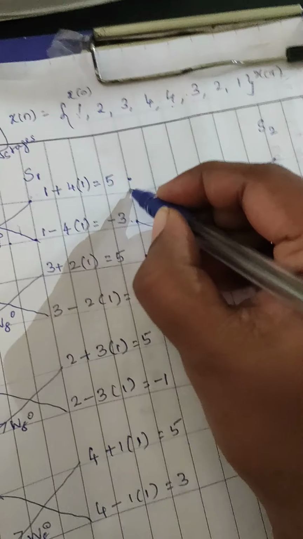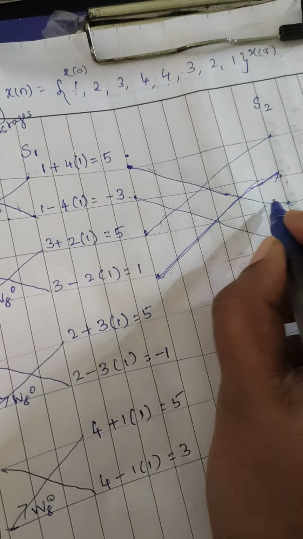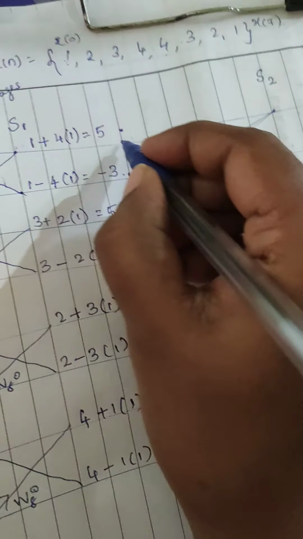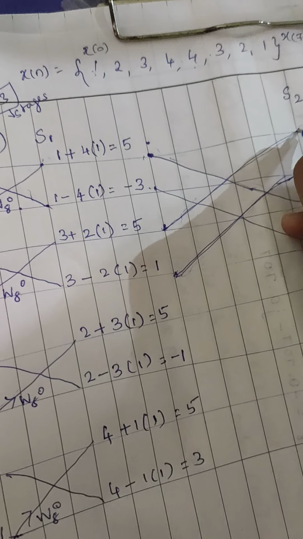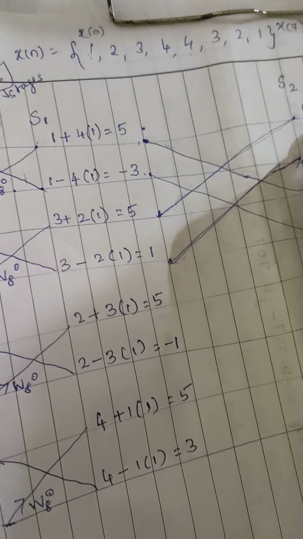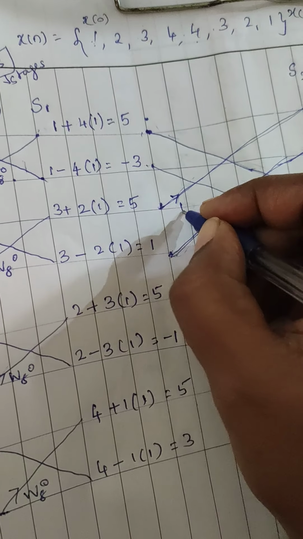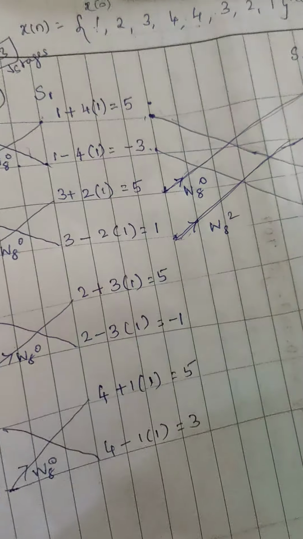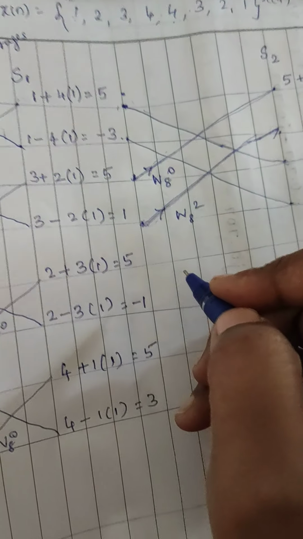So we have taken this and this. This is our first butterfly. This is the input, and this is A, this is B. What is the formula? A plus B into W n power k. In stage 2 we have two twiddle factors: one is W 8 power 0 and another one is W 8 power 2. In stage 2 we will be getting only these two twiddle factors.